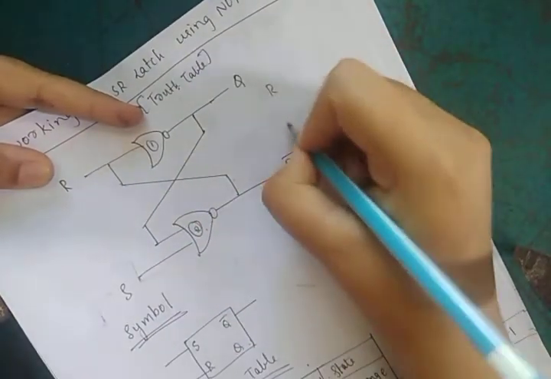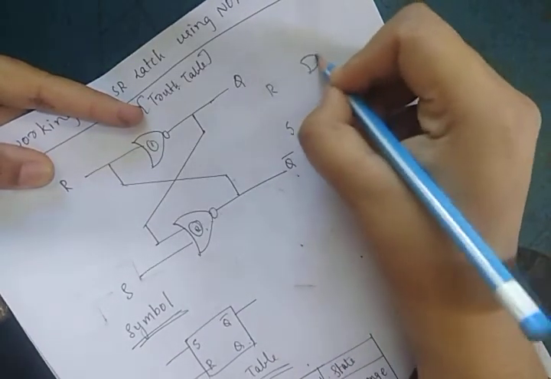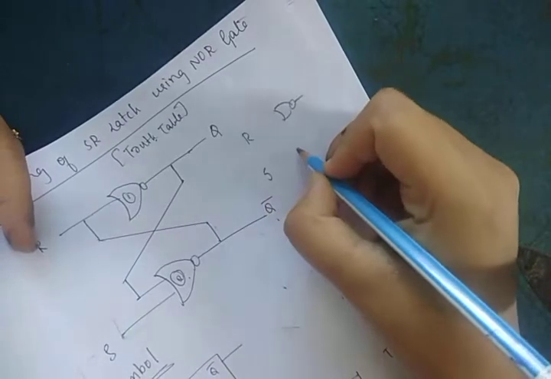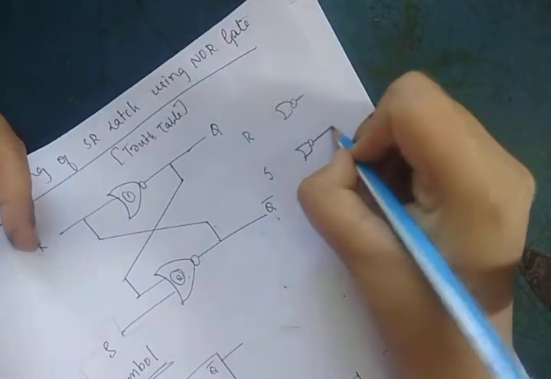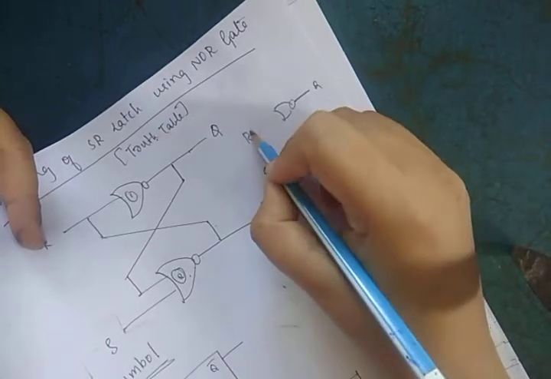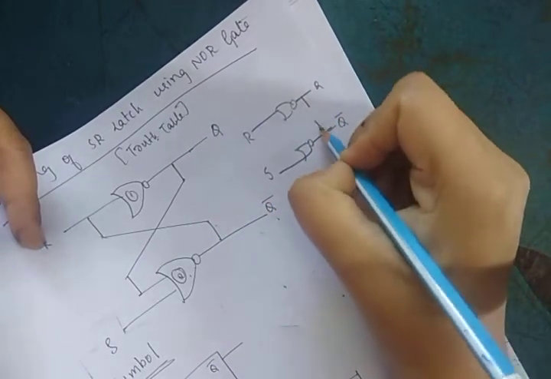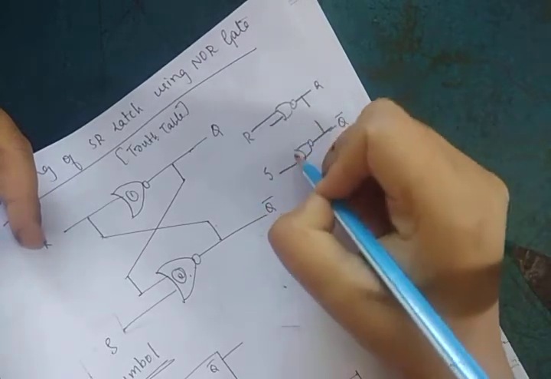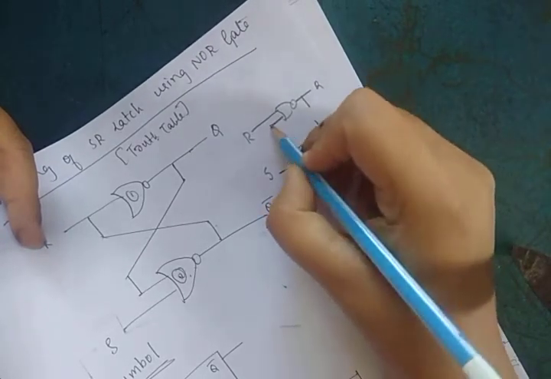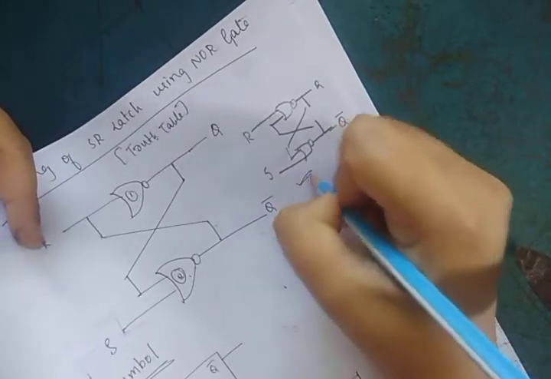This is R. This is S. Put one NOR gate here, and here also put one NOR gate. This is output Q. This is output Q bar. First connect one end, then connect it to the other. Drag this down, drag this down. As we know, here we have two inputs for each NOR gate, right? Again drag this down, and crisscross the connection. This is how you need to follow for the rest of the flip-flops and latches.